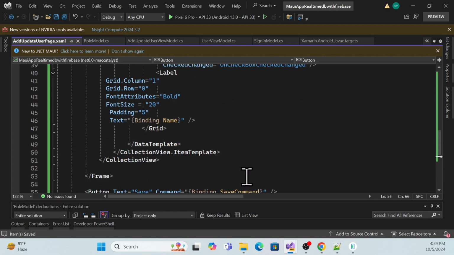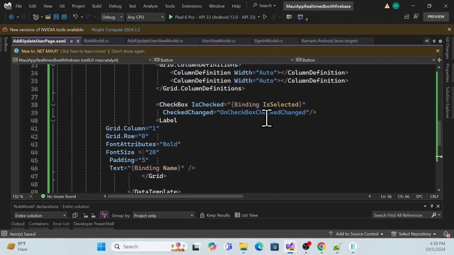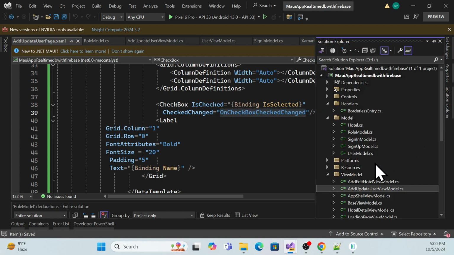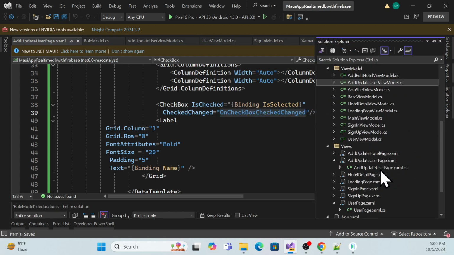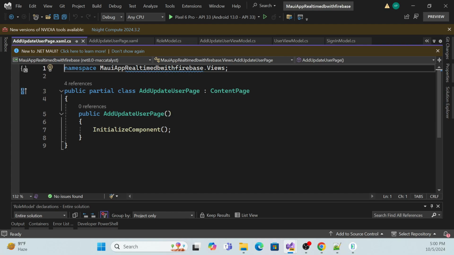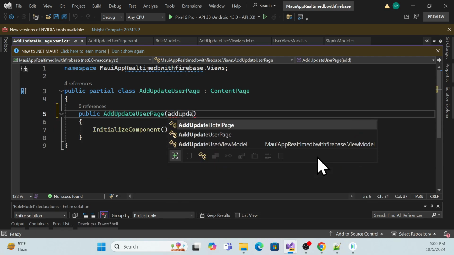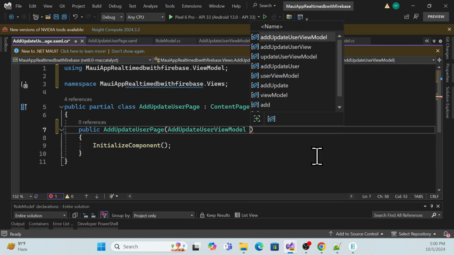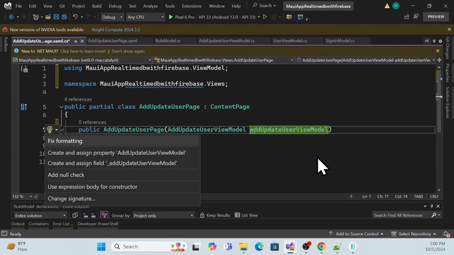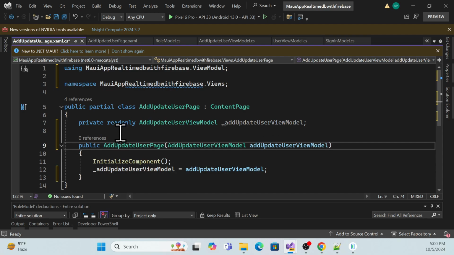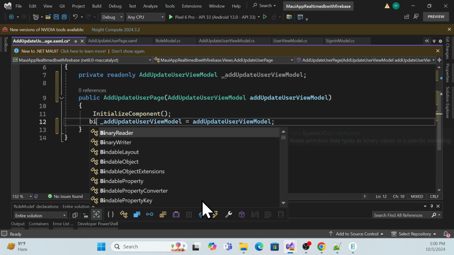So now, before we implement this go back command, I think we have to take care of this guy, right? So what I can do for that is go back to the code behind file, because we have to set the binding in that code behind file as well. So go to this guy, okay? Similar to what we did for the user page, we add the update user view model, inject it over here and assign it here, so that I can set it as the binding context,